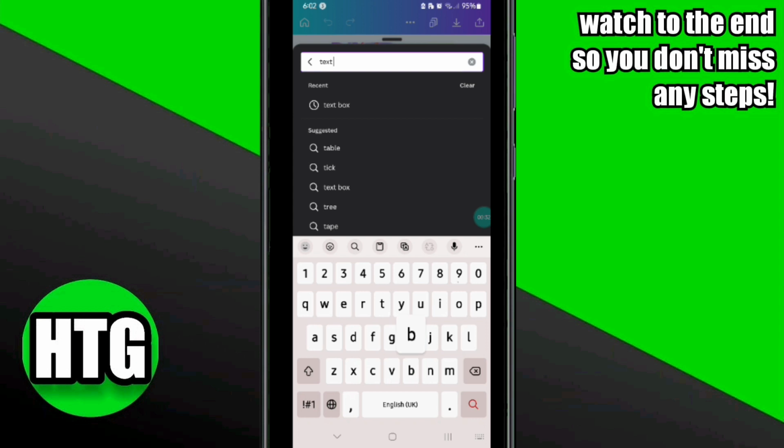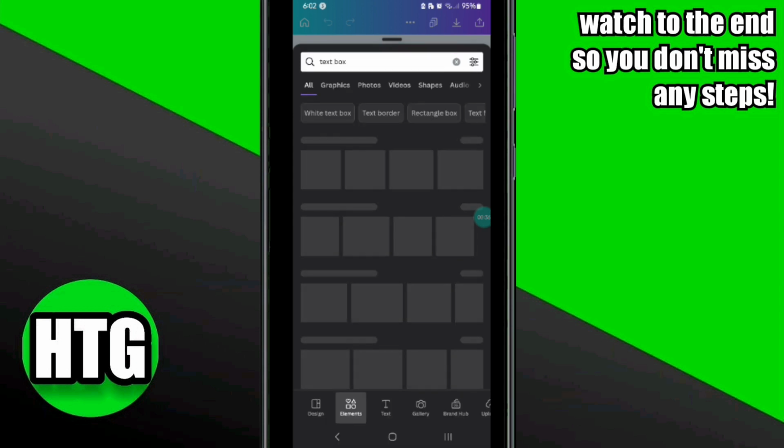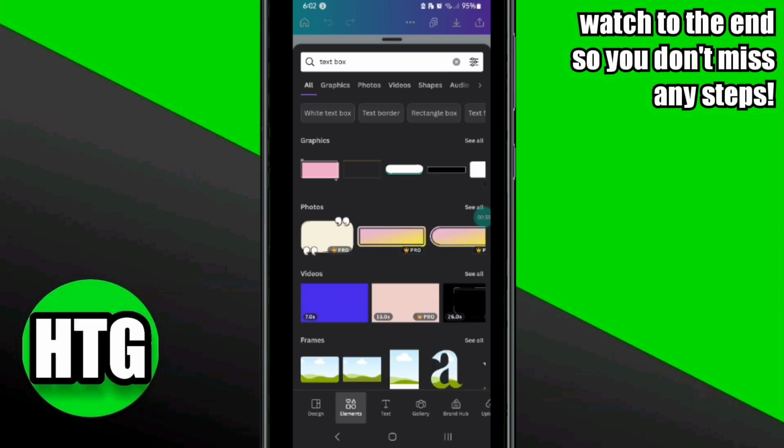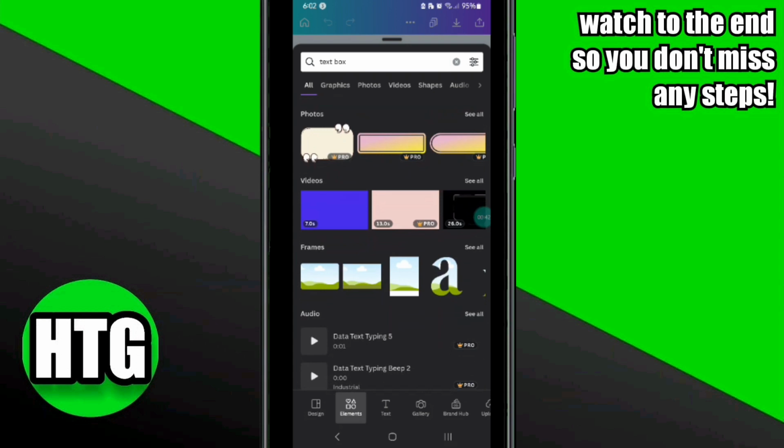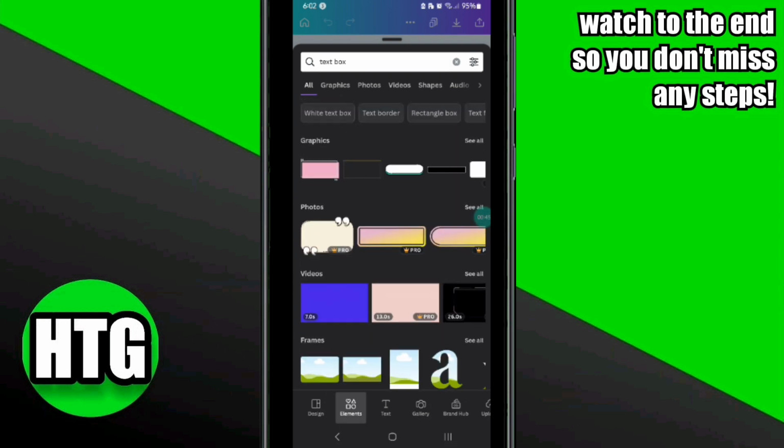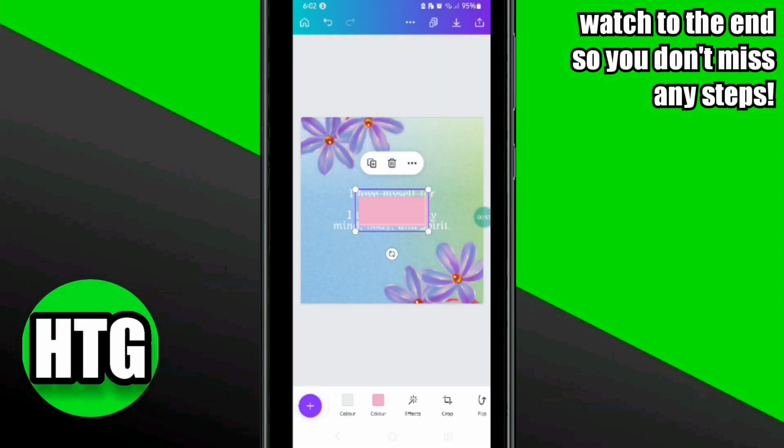Then here in the elements you have to search for the text box, and once you search for it, now these elements will appear. Now from here you have to simply select any text box that you want to add to your text. Here I'm gonna select this text box, and to select this text box I simply clicked on it,